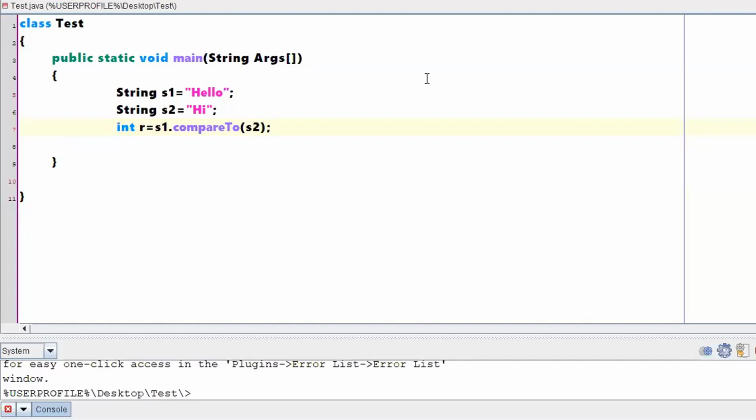Okay, so now how that particular comparison will be done is, first it will take each character from each string, right? So now what is our intention? We wanted to compare s1 with the s2. Okay, so what we are doing now, we are comparing s1 with the s2. Okay, h will be compared with the h. ASCII comparison will be done.